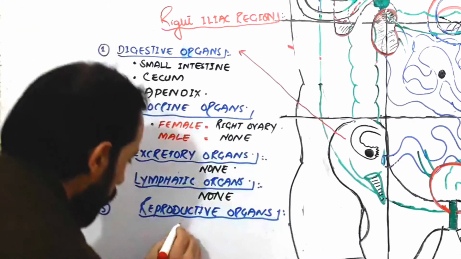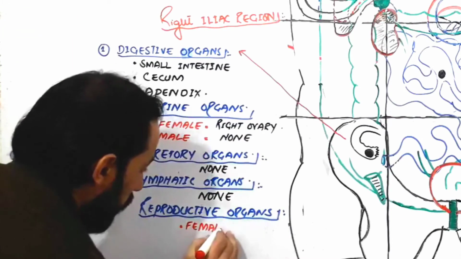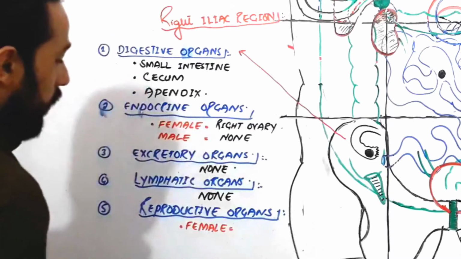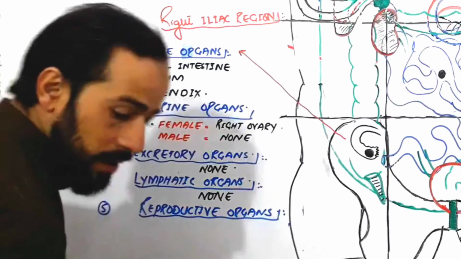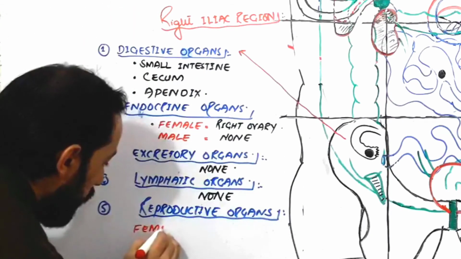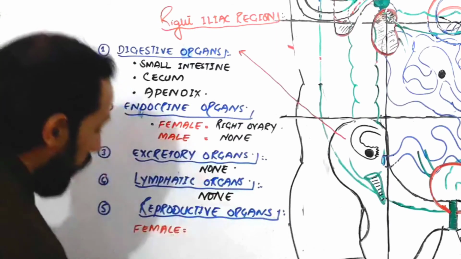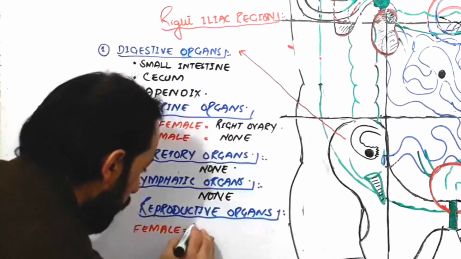So look carefully, if there is a female, which organs of the reproductive system of the female will be present there in the right iliac region? So the female will have her right ovary, right? As you can see here, the right ovary,